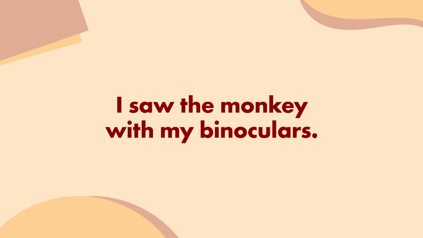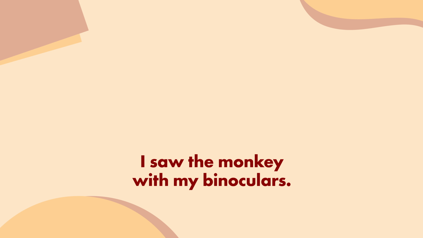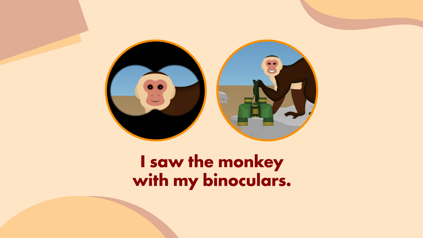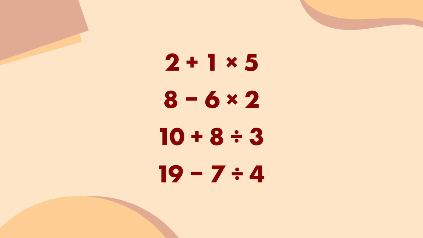It's a bit like reading a sentence in English. I saw the monkey with my binoculars. The English language has a set of rules, or a grammar, that help us understand what sentences like this mean, but it's not always crystal clear. There's 2 different ways we can read this sentence. Did you see the monkey through your binoculars? Or did you see the monkey stealing your binoculars? This sentence could mean 2 different things. But in maths, basic calculations like these can't have 2 different answers. So the rules, or grammar, on how to interpret them have to be much stricter.